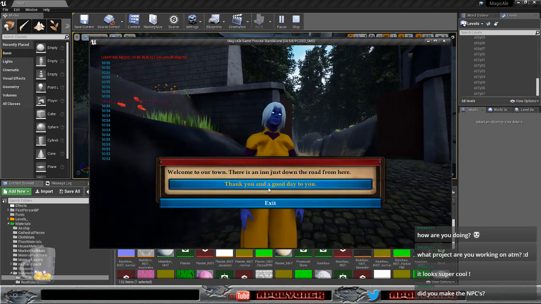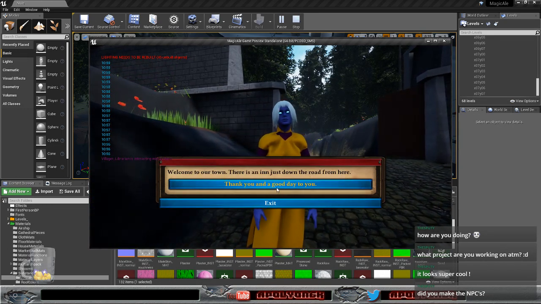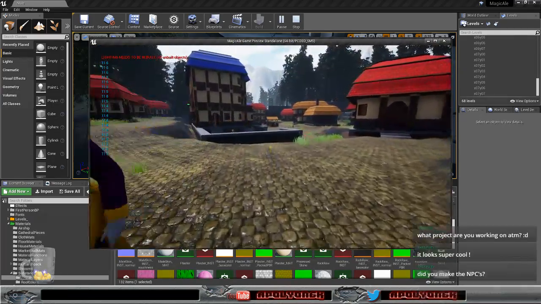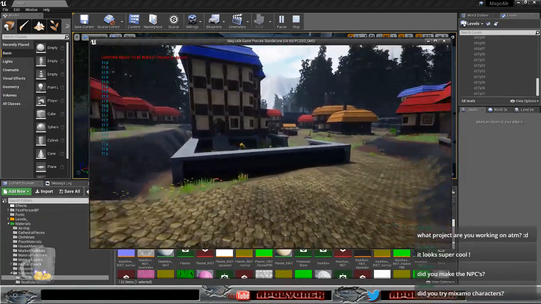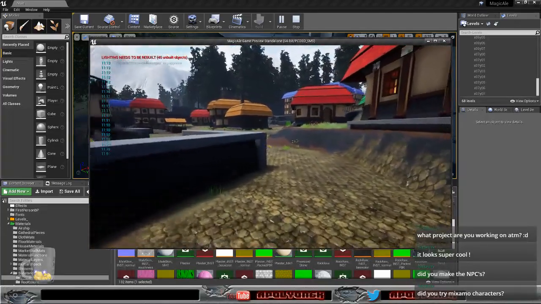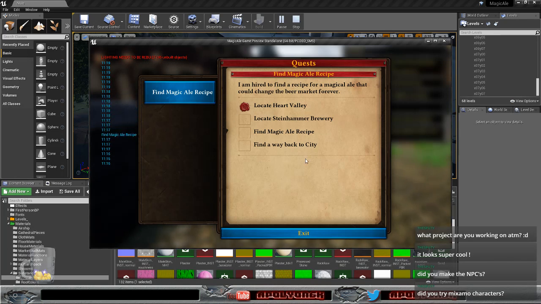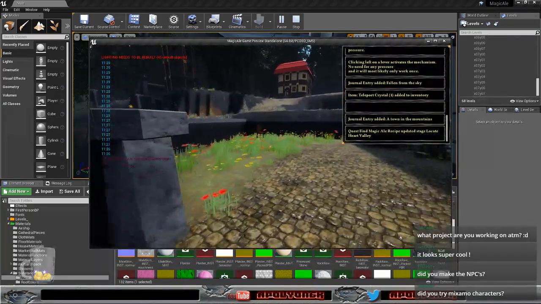But you can talk to them. There's a bit of dialogue for this character. There's a bit more dialogue for other characters. For instance, the guy down here can give us a quest. Oh, by the way, there's also a main quest with tracking of what you have already done. Then